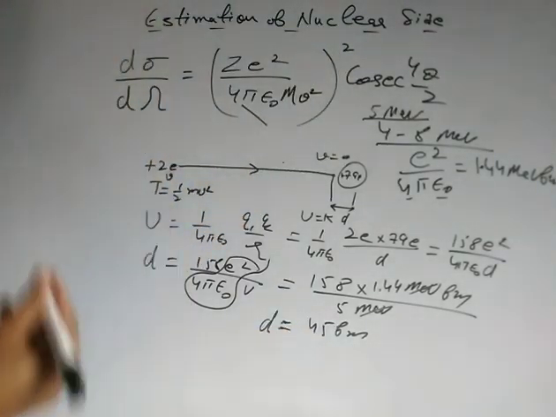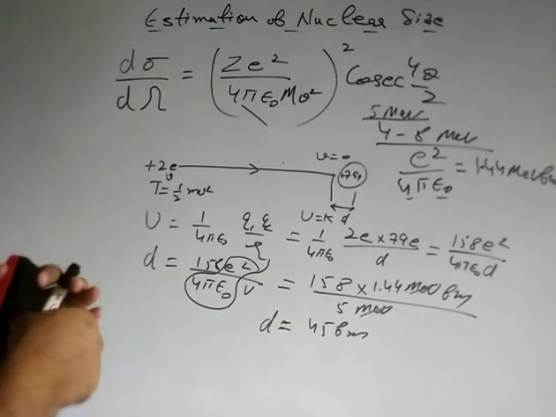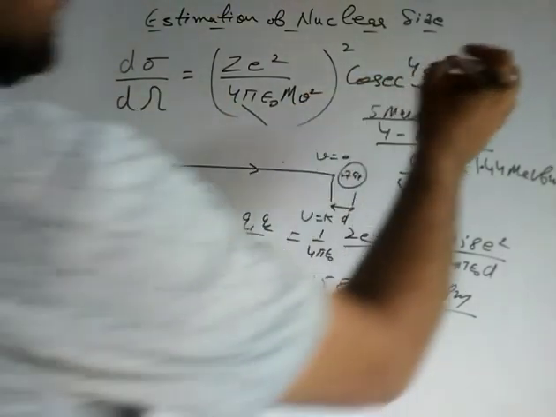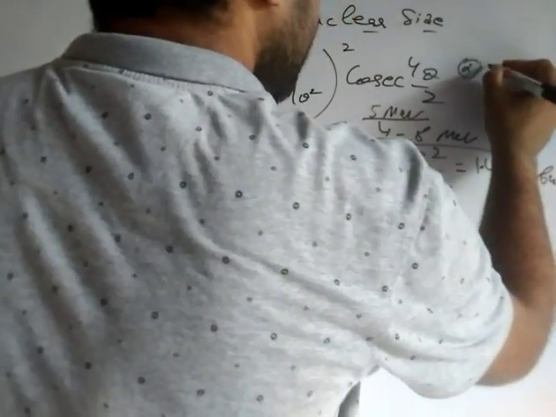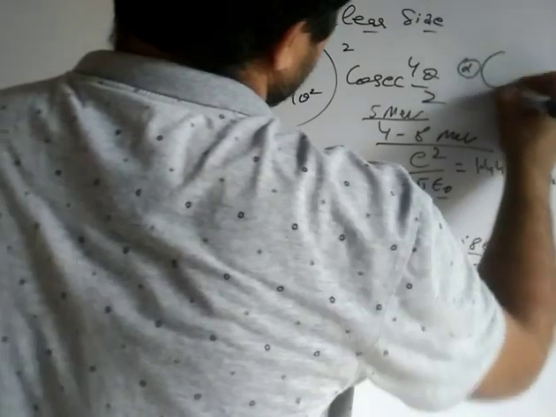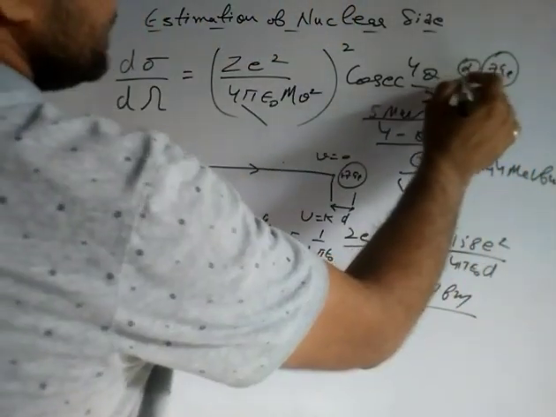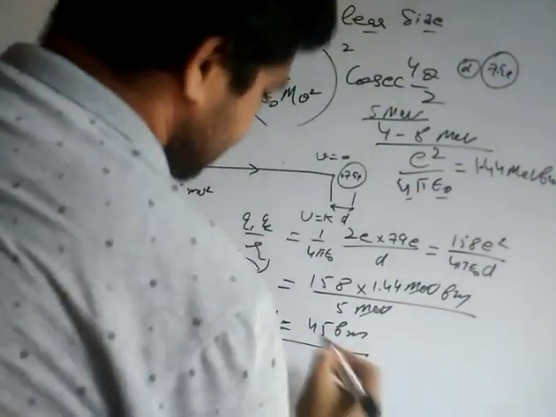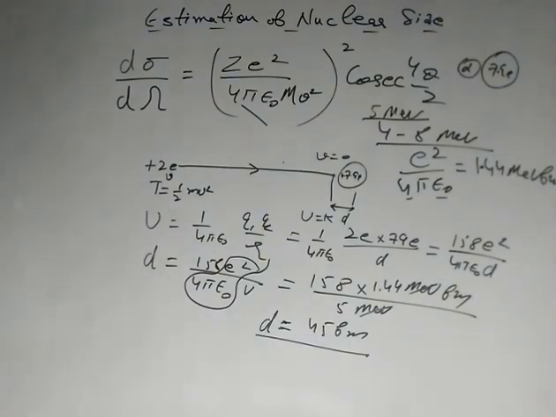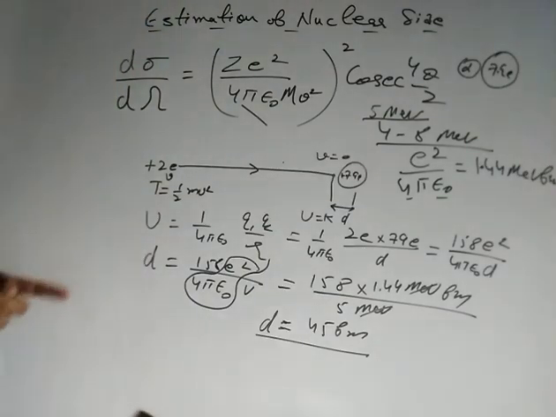So this is the upper limit of the nuclear size. The nuclear size cannot be greater than this, because I have already told you that there is no way that this alpha particle has penetrated this gold nucleus. So there is certainly some distance between these two. If this is your gold nucleus and this is your alpha particle, the alpha particle is not penetrating the gold nucleus. So the center to center distance is the upper limit of the nuclear size that we can calculate by using the Rutherford scattering formula.